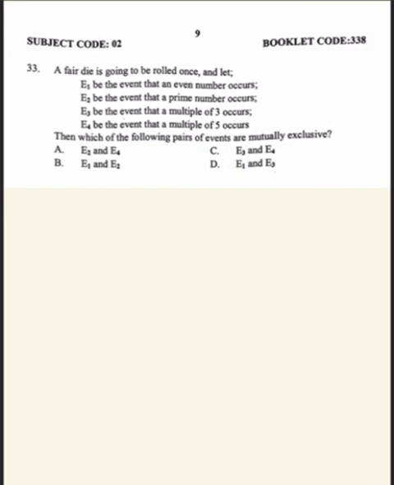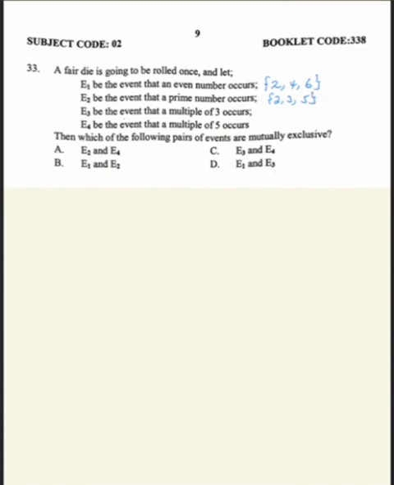A fair die is going to be rolled once and let there be 4 different events E1, E2, E3, E4. በመጀመሪያ fair die የምንለው a cubic object ሆኖ እያንዳንዱ ፌስ ላይ ነምበር አለበት፤ 6 ፌስ አለው። So እያንዳንዱ ፌስ ላይ 1 up to 6 ነምበር አለው ማለት ነው። E1 be the event that an even number occurs። Even number 1 up to 6 ያለን ማን ነው ማለት ነው፤ 2, 4, 6 ይሆናል። E1 ላይ ያሉት ኢቨንቶች። E2 be the event that a prime number occurs። Prime number ምንላቸው 2, 3, 5 ይሆናሉ።